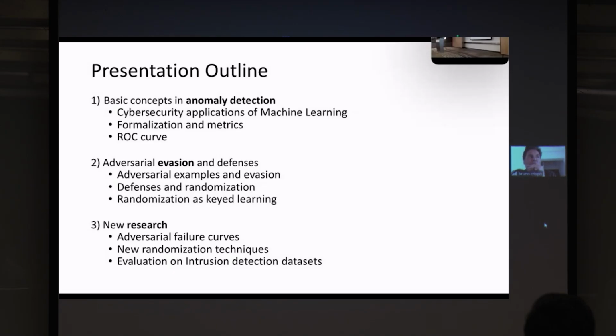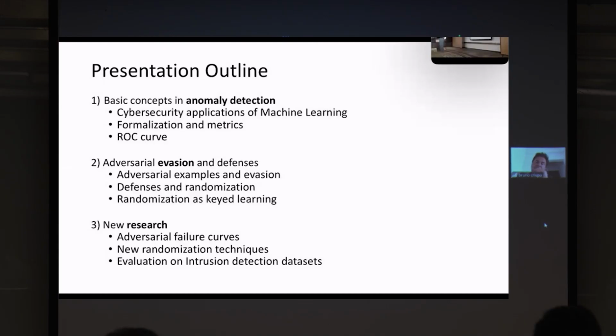And these are the introduction of the concept to understand the second part of the presentation, where I will talk about adversarial machine learning, focusing mainly on one type of attack, that are the evasion attacks, explaining what is this type of attack, what are the adversarial example, and also explaining briefly what is the state of the art in trying to mitigate this kind of attacks. Mainly talking about randomization and the important concept of key learning.